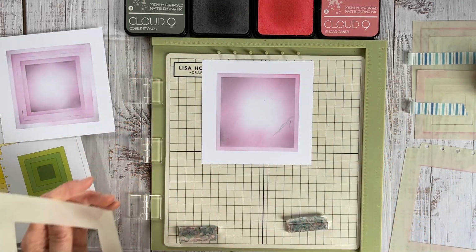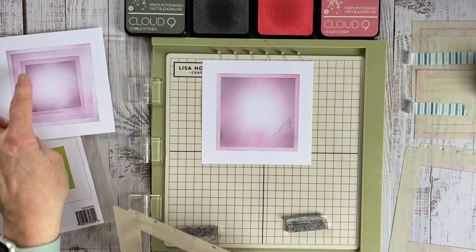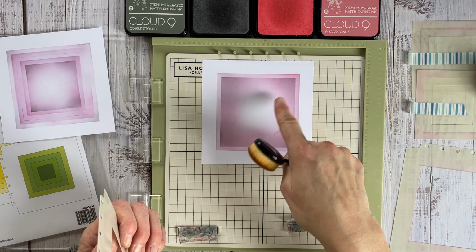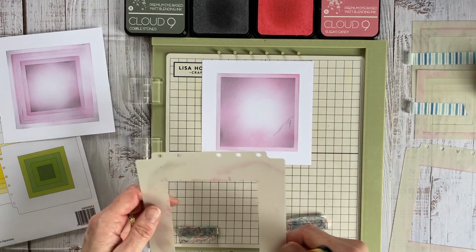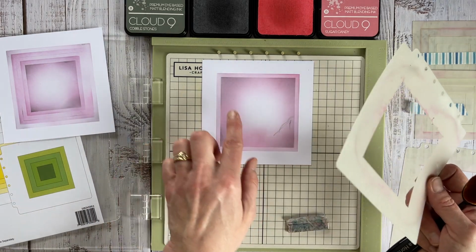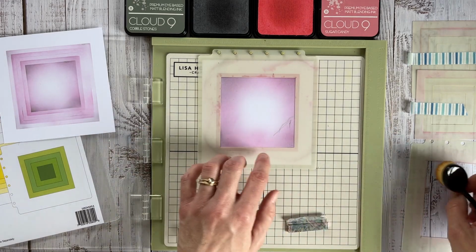Okay, so when I move that away now, we have the beginnings of the frame there, and you can see how this halo is beginning to happen. It's because I'm not working the ink right into the centre. Now, a lot of people would, and as I go in and go down with these smaller squares, then this will obviously get filled in a lot more. So what I'm going to be doing, I shall leave my frame there,